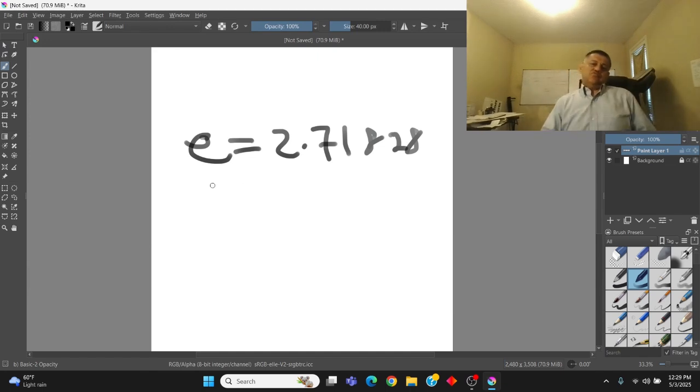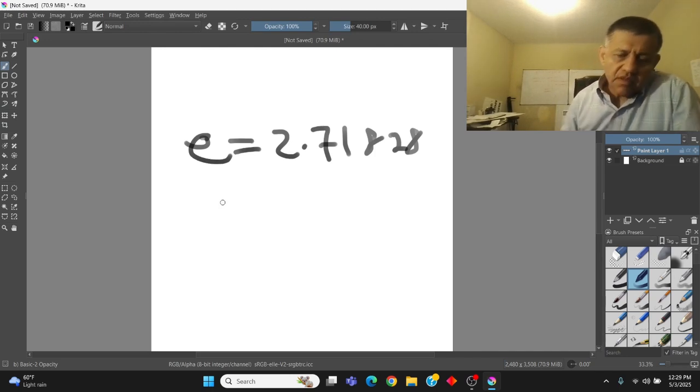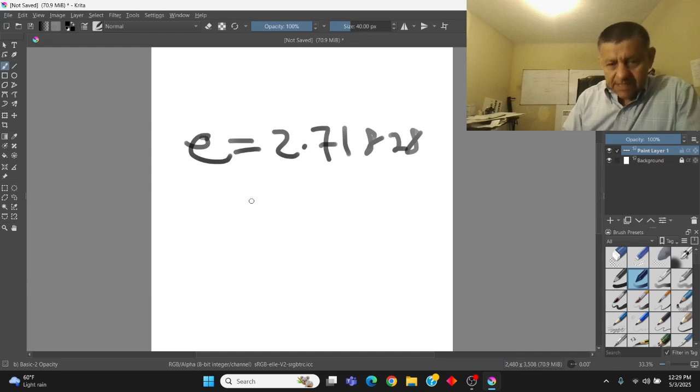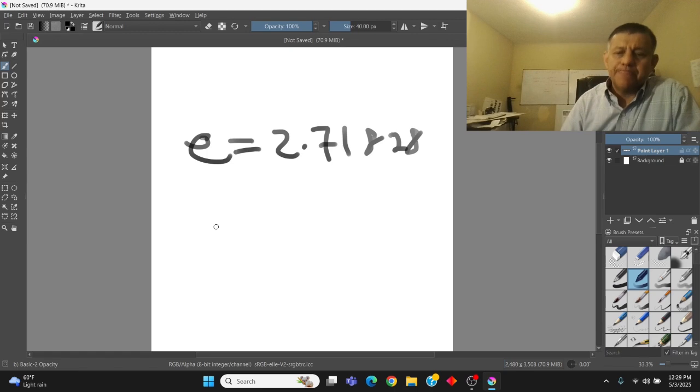Okay, so basically, the bottom line with this is that it's a number that goes forever. It's an irrational number, right? It's a constant. It's used in mathematics and science and calculators. Even Excel has it. But anyway,